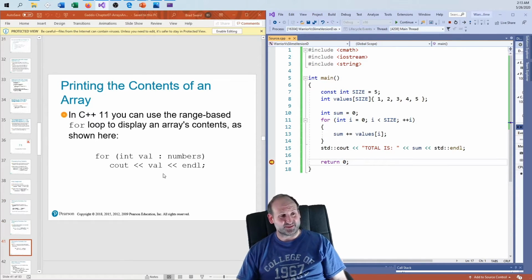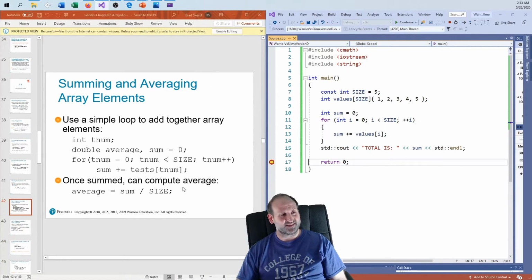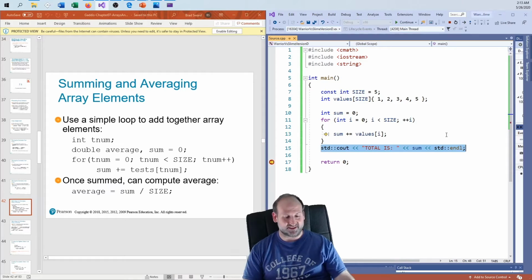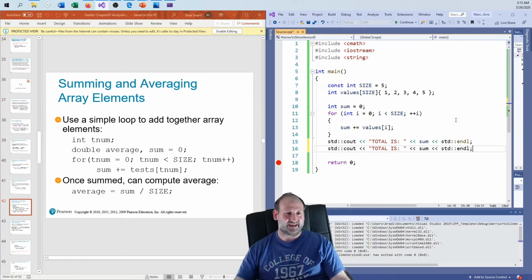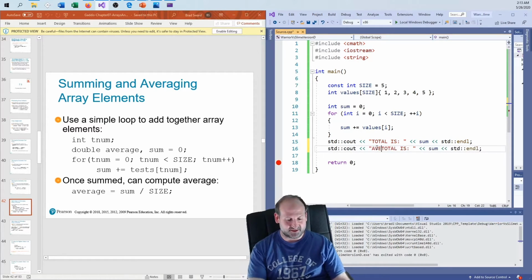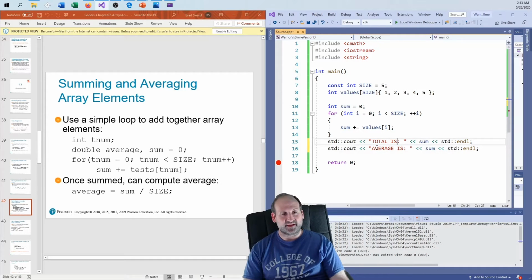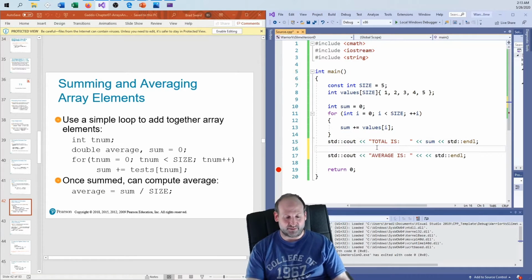So here's the range-based for loop, as we're saying. This prints out every element, like we were discussing. Here's what I just did, setting up and figuring out the total. Oh yeah, you can start doing that too, and say, okay, that's the total. What about the average? And the question is, do I care about losing the precision? And I probably should care about losing the precision, so I should use a double, and I can say double